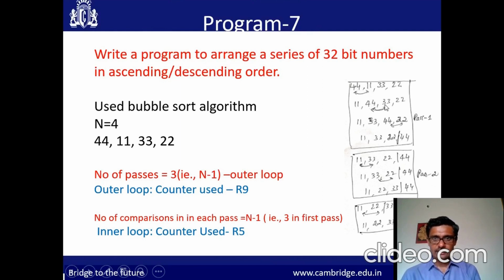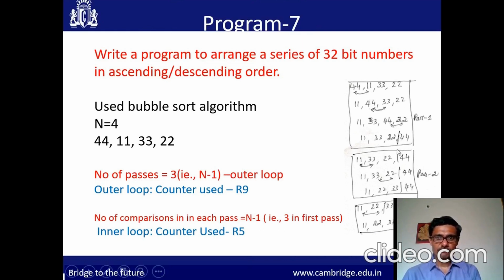So like that, second, third, fourth are compared, and this is called pass 1. At the end of pass 1, the largest number is available at the end of the array. In this pass, you can see there are 3 comparisons. How many passes are there? Like that, this is the second pass, this is the third pass. There are 3 passes, and there are n minus 1 comparisons in every pass.